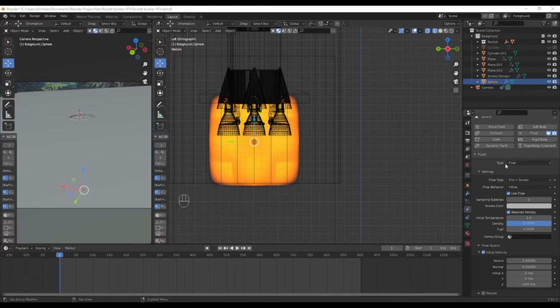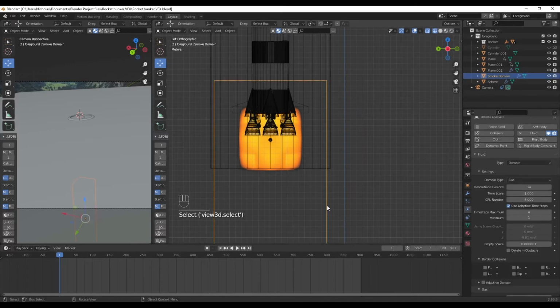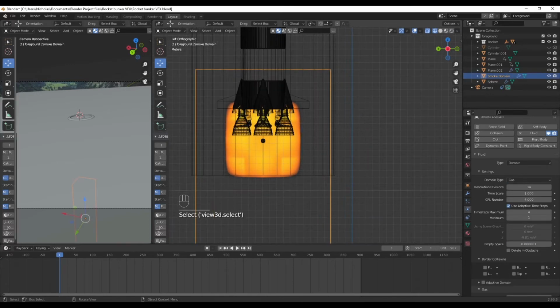We want to make sure that it's on flow, fire and smoke, inflow, use flow, that's fine, absolute density. We leave all these settings standard, and then like I said, just make sure you select initial velocity minus 200 meters per second. All right, and then we're gonna select our domain,